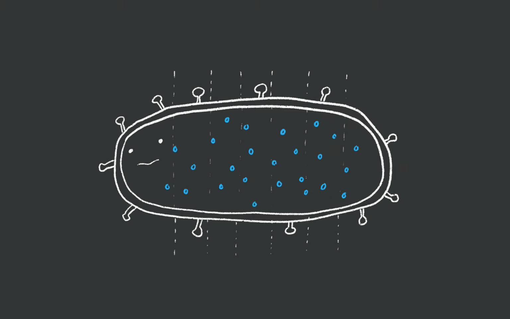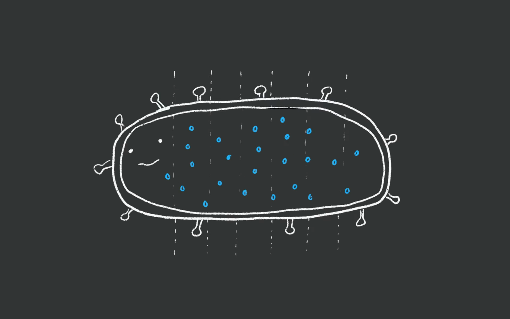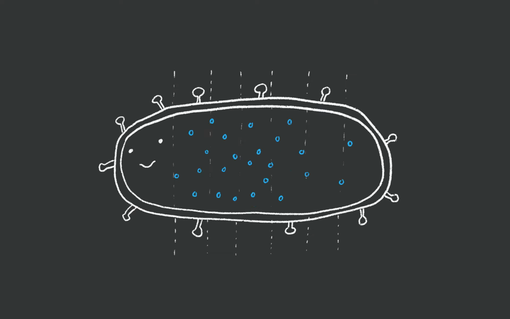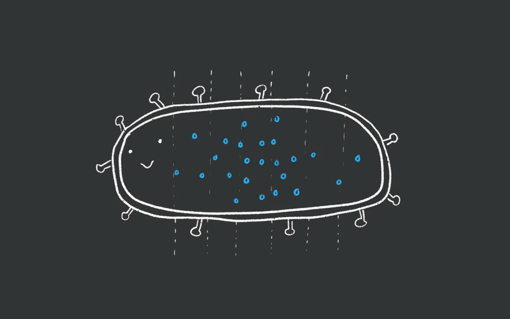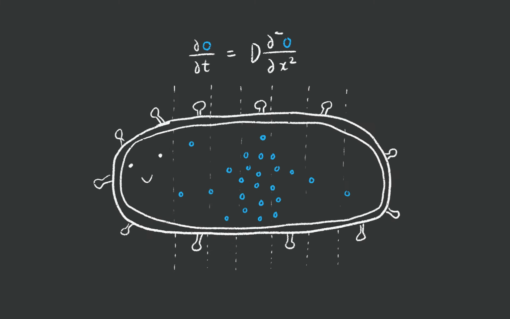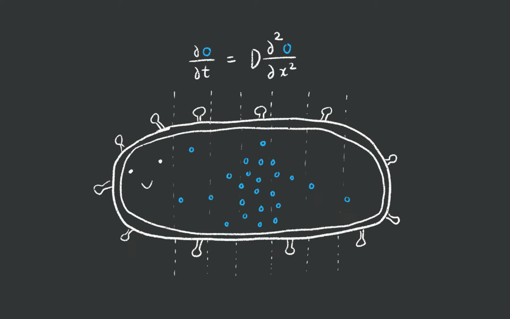Meet Cecilia, the cell. Cecilia just ingested a calcium tablet. At first, the calcium is concentrated at one particular point, but eventually it will spread out to evenly distribute itself across the cell. But how exactly does the spreading out happen? This process is governed by the diffusion equation, and in this video we're going to go through 3 explanations of